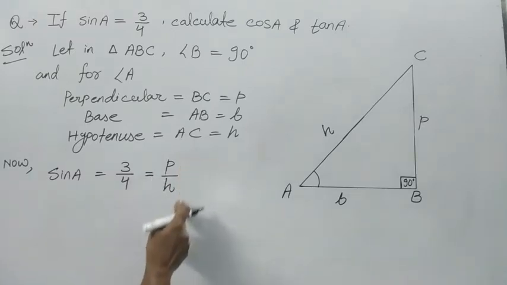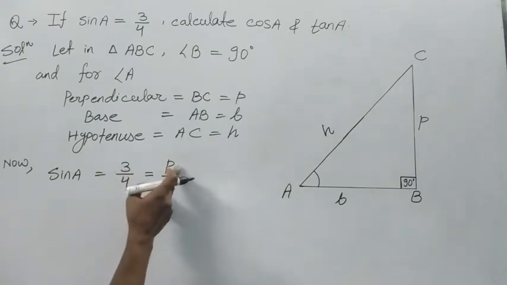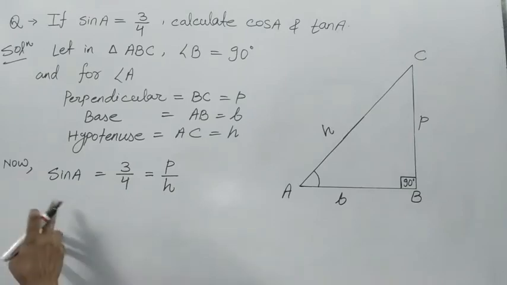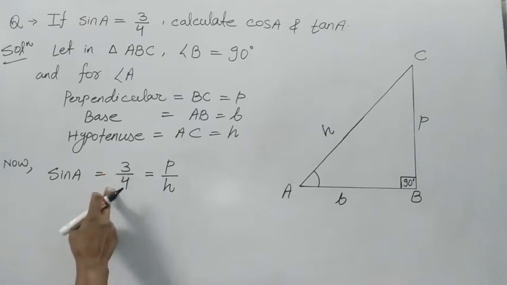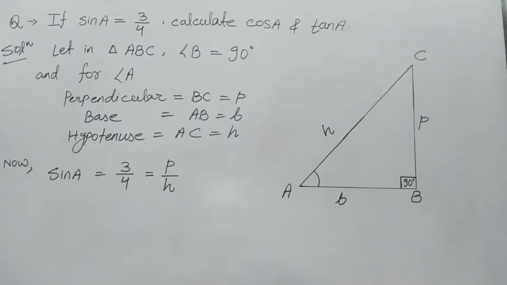So since this ratio P by H is equal to 3/4, then we can calculate the value of P and H. So when any ratio is given, then we cannot directly break the term. Always we know that a ratio is always written in its standard form, that means in its lowest form. So here this ratio is written in its lowest form, so whenever we break it, we break it in terms of k or in terms of some constant.